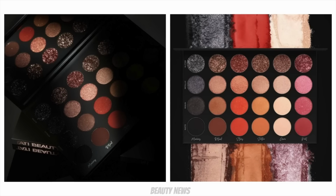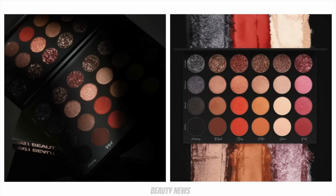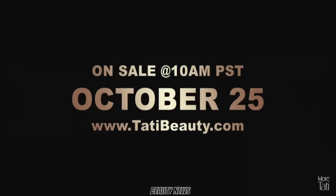So the first thing we've seen from this line, and she has said that she has already planned out 30 releases. So the ideas are already floating. Yeah, or in production possibly. Potentially. So the first release is the Textured Neutrals Volume 1. It's got 4 textures, 6 tones, and endless possibilities. This is launching the 25th of October at 10 a.m. Pacific Standard Time, so tomorrow-ish. And it's going to be at